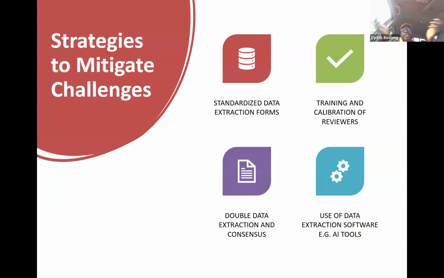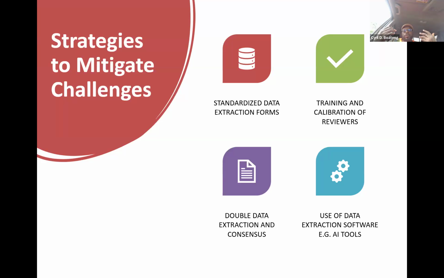So the strategies generally we use to go around these challenges are: make sure you have a standardized data extraction form. So for instance, with the paper we had recently, I showed you a framework for the data that we were extracting. So for us looking through all the papers, this was a template for you to extract that data and put it down in your Excel sheet so that we can then draw conclusions from that. And then you could also do training and calibration of your co-authors, other co-reviewers, so that you can be sure that you are all doing the same thing before you even start working.